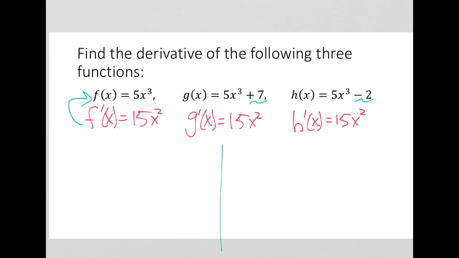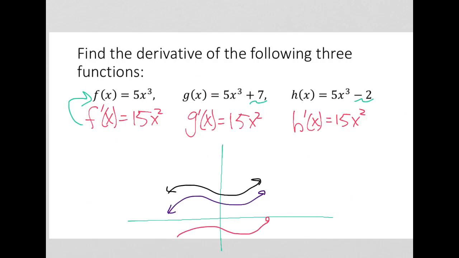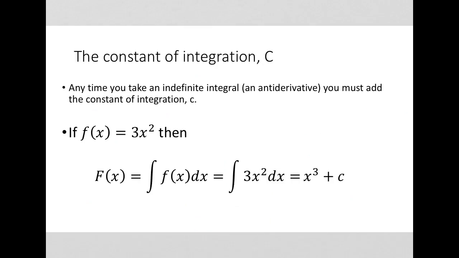If you think about it in terms of the actual graphs, let's say we have some function that looks like this purple graph right there, and we have some other function that has the same shape but is shifted up, compared to some other function with the same shape but shifted down. Remember that the derivative of a function represents the slope of the function. So the derivative of all three of these is going to be exactly the same, even though the functions themselves are different. And for that reason, anytime we take an antiderivative, we always need to add this c right there,